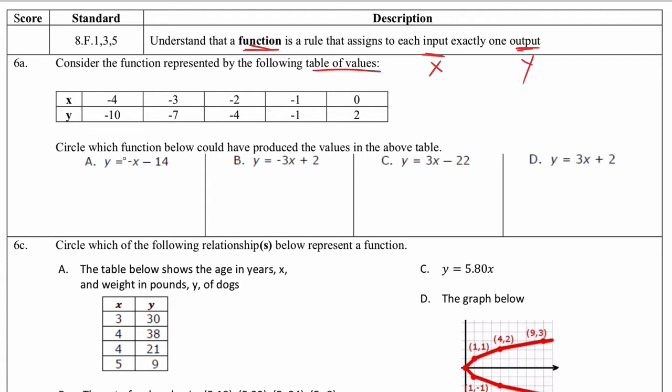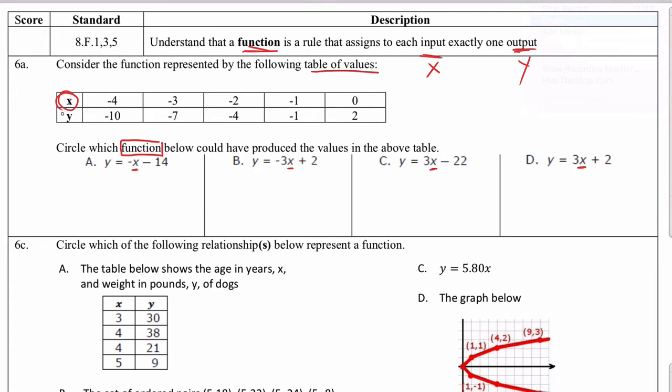They've given us 4 different equations we can look at, and they're calling them functions. We have to figure out which of those functions matches this table, and only one will. So first of all, we're going to look at our x values and match them with the x values in each of those equations. The reason we're going to do that is to figure out, if that x value is true, what y value would come out of that function. So we're going to look at all the y's and see if, when we put this x in, that y